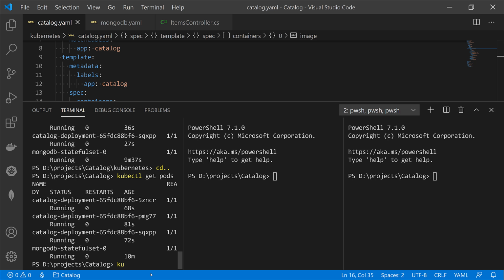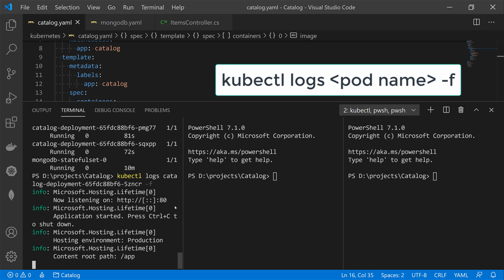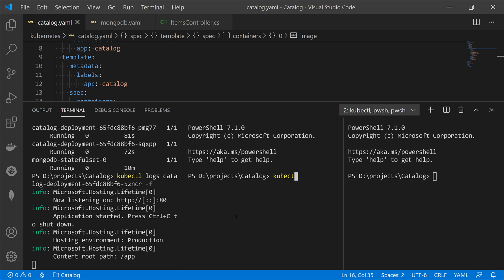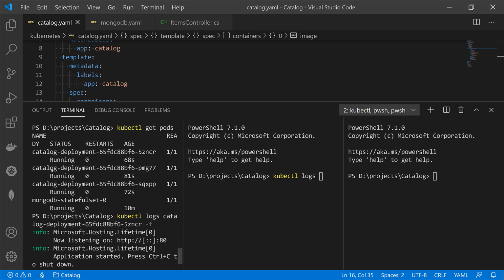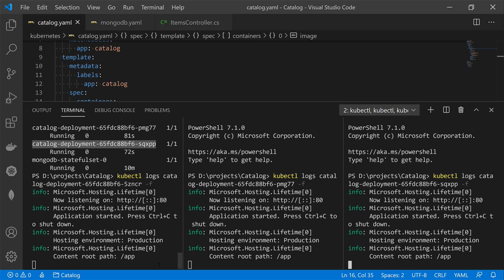I'm going to do kubectl logs for this one, and then I'll do -f so that we can tail the logs. And then I'll do the same here. So which is our second pod? Let's take a look. It's going to be this one here. -f. And then the third one is this guy here for our third terminal. kubectl logs -f. Okay, so now we're tailing the 3 pods, and I'm going to go back to Postman,